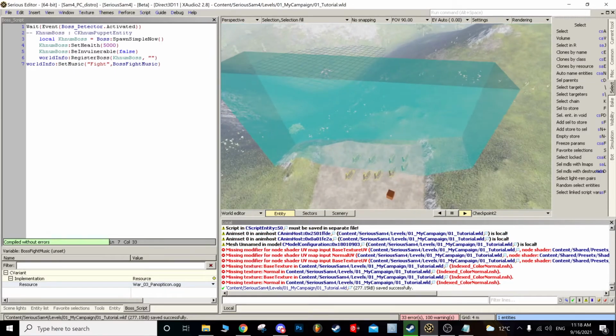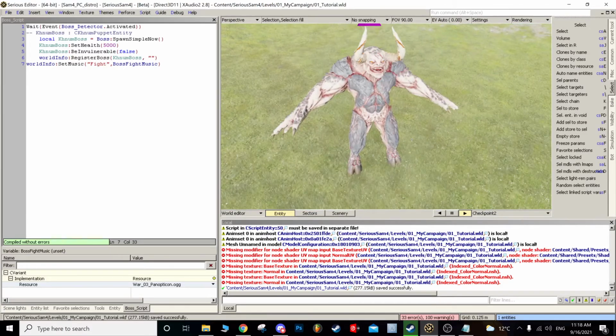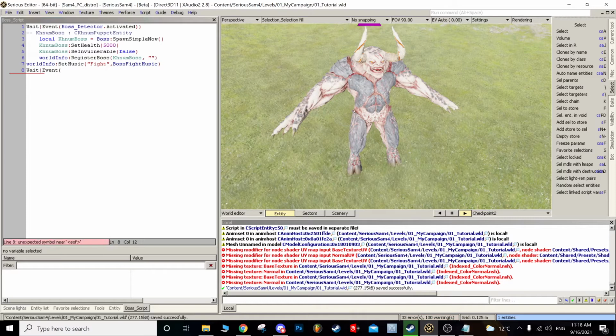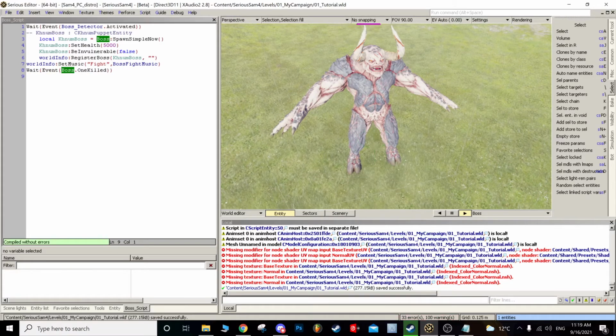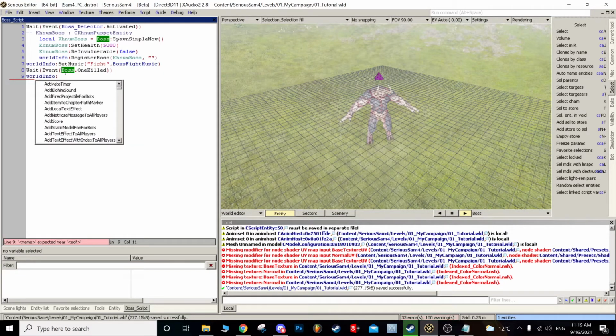Okay. What else can we do? Okay, so if we want our level to end when we kill the boss, we need to put void event. One killed. We're gonna put world info. And how do I know that? Well, world info is